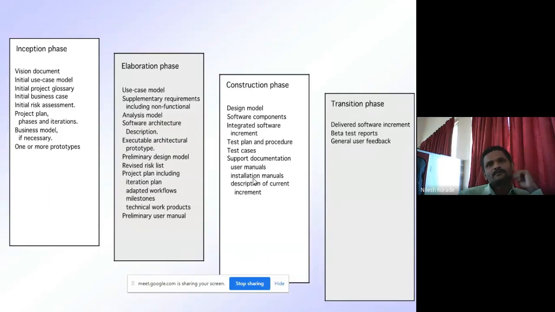I want a login facility through fingerprints. I want a login facility through face recognition. Then I want a book issue facility, a book return facility, then add a new book. So these are the features and functionality suggested by your customer that should be present in your product. We call these features and functionality functional requirements.